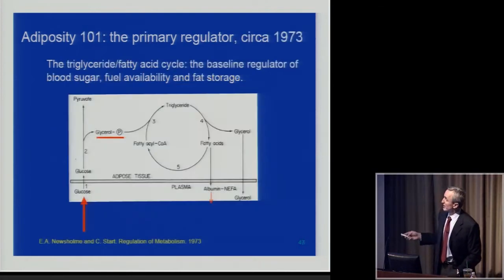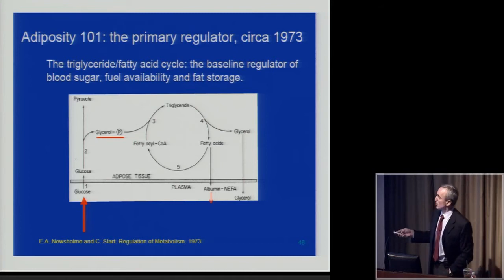So here's the system: as blood sugar goes up, more glucose goes into the fat tissue. You produce more glycerol 3-phosphate, and here's this triglyceride fatty acid cycle. This has a large effect on how much the fatty acids are reesterified into triglycerides and so contained in the fat tissue, or whether they're broken down into fatty acids and released